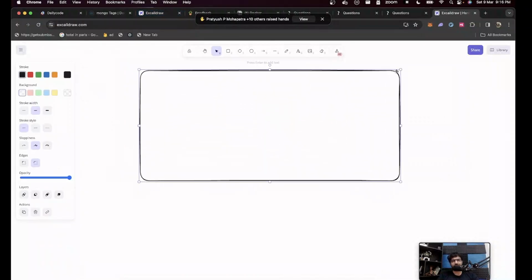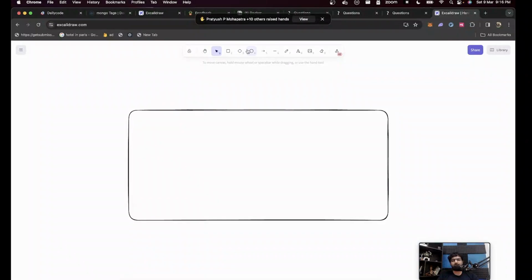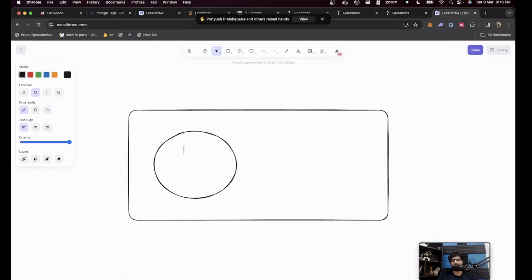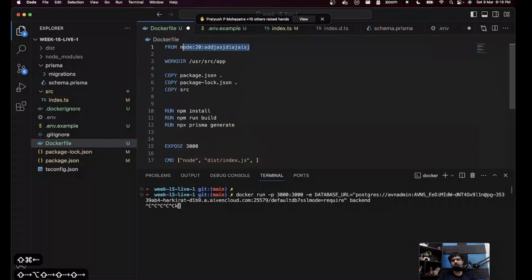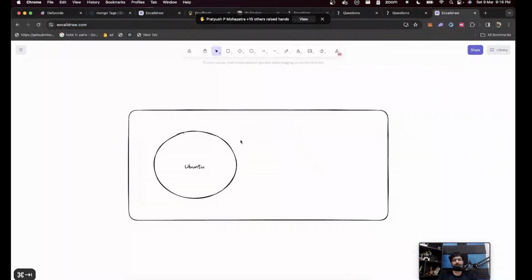On my Mac machine, I can start an Ubuntu container here, which means I can start a mini machine that is running Ubuntu. How? I can just go here and say the base image needs to be Ubuntu, whatever latest version. I just need to make sure something keeps running always. Otherwise, it will start and the container will stop. But if I'm able to run a command that's perpetually running, then I just need to run this specific container. And then I'll have a mini Ubuntu machine running.